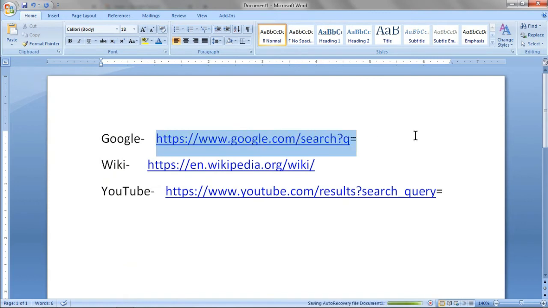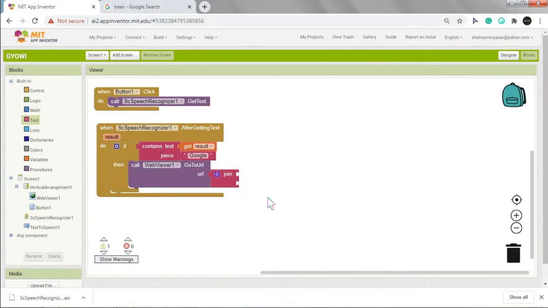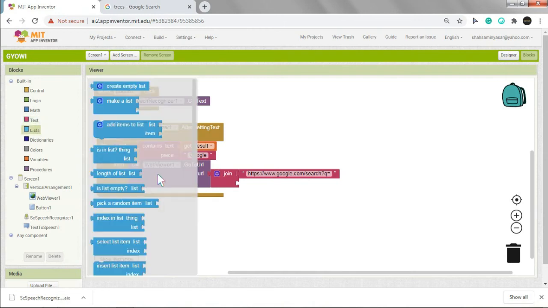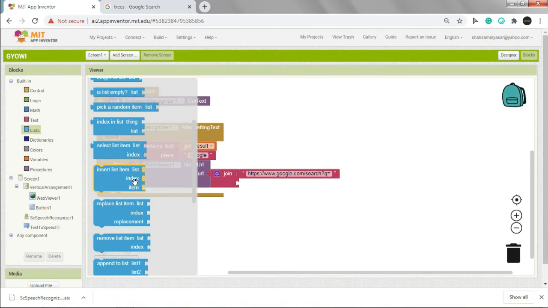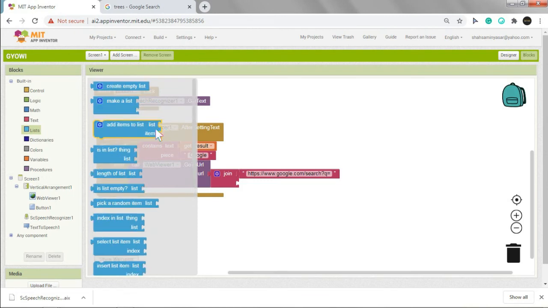Just copy and join. First the URL comes, so join this URL with... go to lists, and we have to get the index list here, not this one.